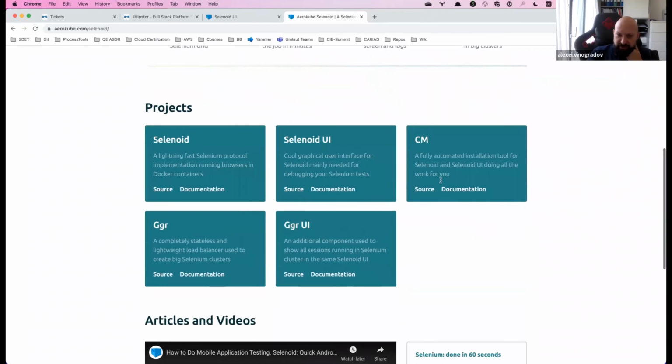So in this example, I want to show you something. And here, this is a Selenium grid, Selenoid grid. So it means that actually this installation has 3 Selenoid containers, 3 instances of Selenoid combined together. And every one of these instances theoretically can handle up to 5 browsers simultaneously.